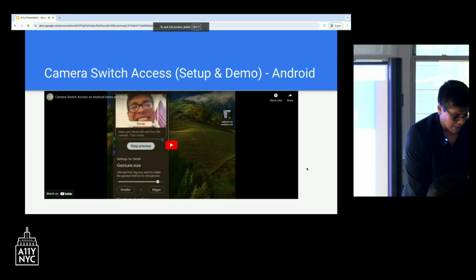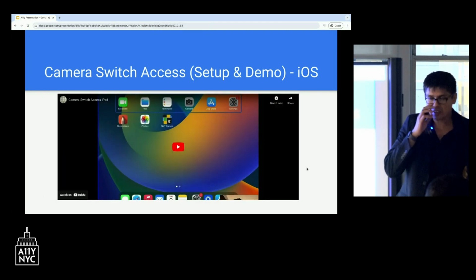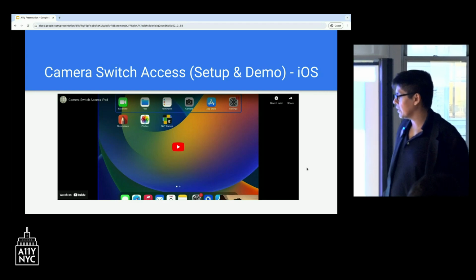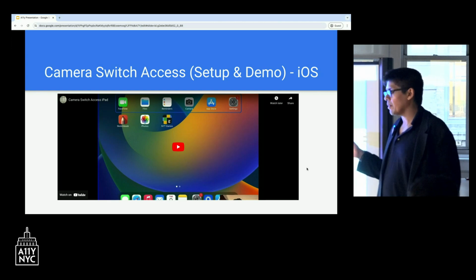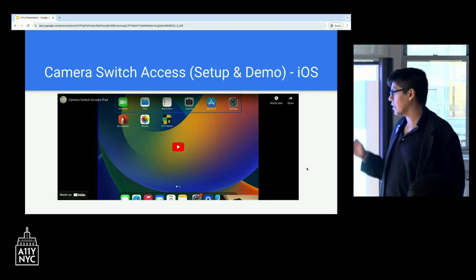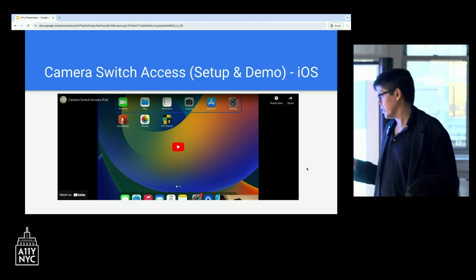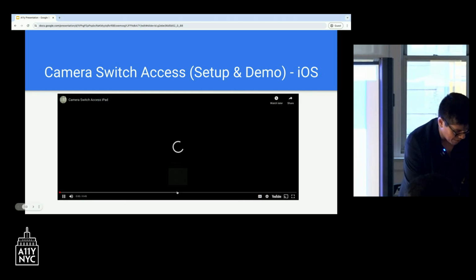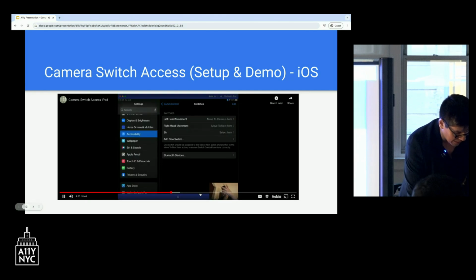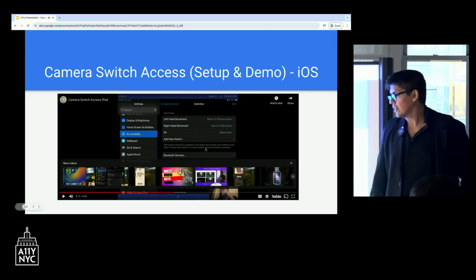Cool. Thank you. So that's camera switch access on Android. I could do the same thing on iOS. With iOS, you also have the same ability to do the facial recognition and whatnot, but the way I had my iPad set up, it was only tracking my head motions. So I actually had to move to the left and the right to do the same thing. I'm going to quickly go through some of the pieces there, but essentially it's the same thing. With sound, I can have the selection as an entire word, like select or something like that, but this is just to help me out here.